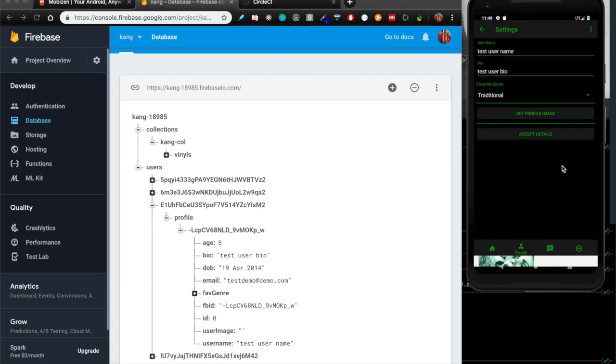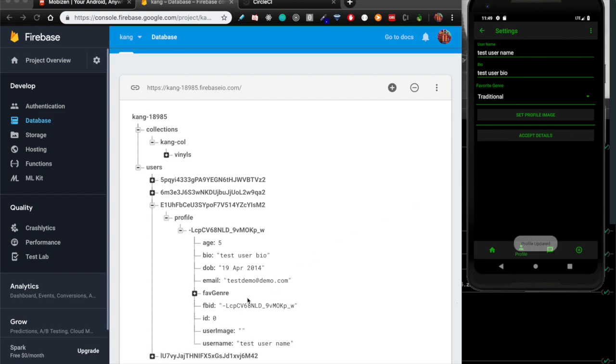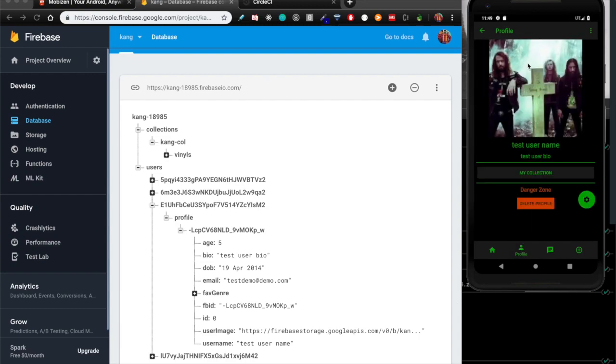So we'll select the image and accept the details. We get the current storage location of it on the phone, upload it to Google Firebase storage, and then we get back our tag and it's updated there. On return to profile, we see that the user's image is now in the profile. Now returning back to the home screen,